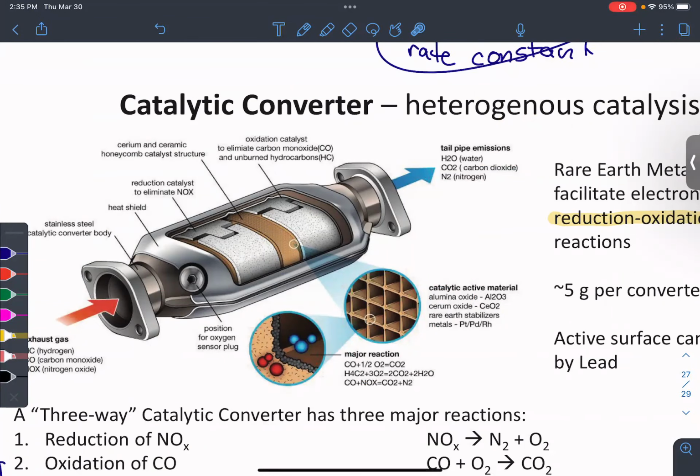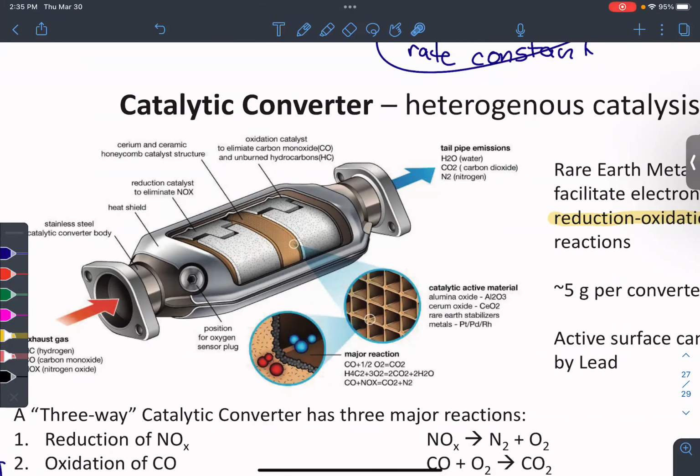There's a small detail here that I really like, but it kind of sucks that we haven't done redox chemistry yet, but that's okay. In your tailpipe or in your catalytic converter, we need to reduce NO2 to nitrogen. Just believe me, right? We need to reduce, meaning NO2 needs to gain electrons to become N2 gas. So the reduction of NO2 is consuming electrons. You need to put electrons into NO2 to get it to reduce.